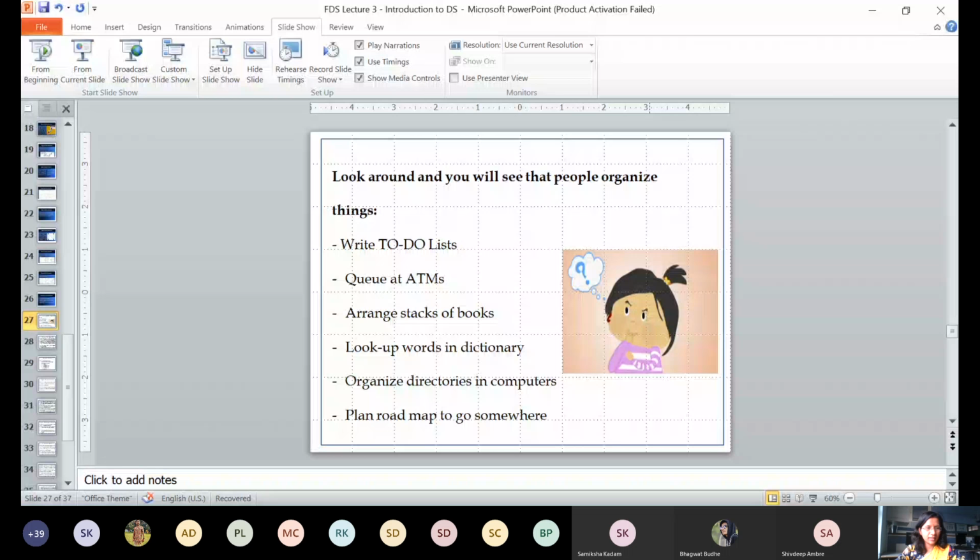Why can't you think about a linked list? Because see how words are arranged. The first letter, and then again the second letter is also arranged from A to Z, and then the third letters are also arranged from A to Z. Yes or no? How are the words occurring in the dictionary? Are you getting what I'm saying? Think of a linked list, or even you can have m-ary trees as a data structure to implement this. Okay, then next is organize directories in a computer.